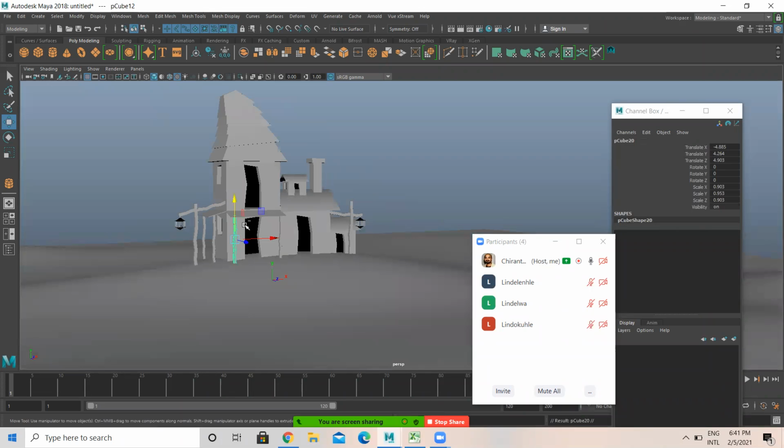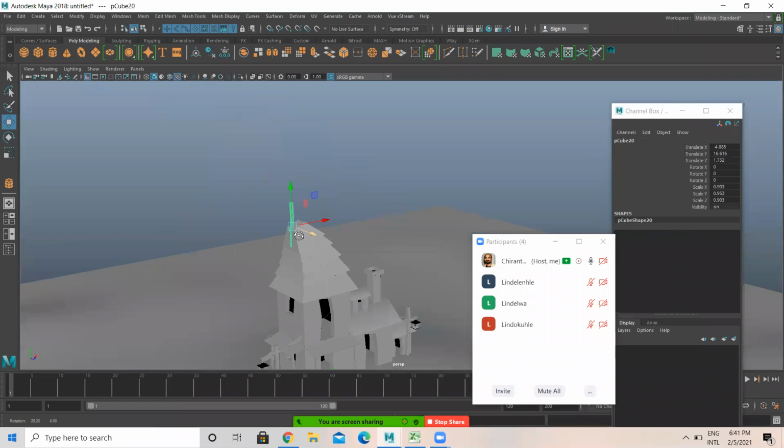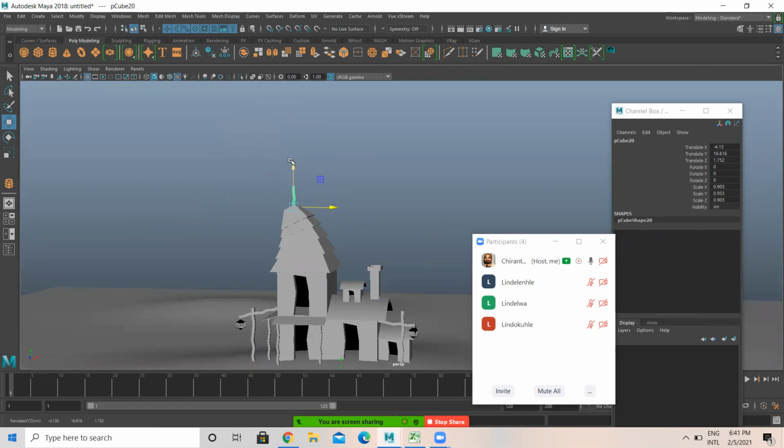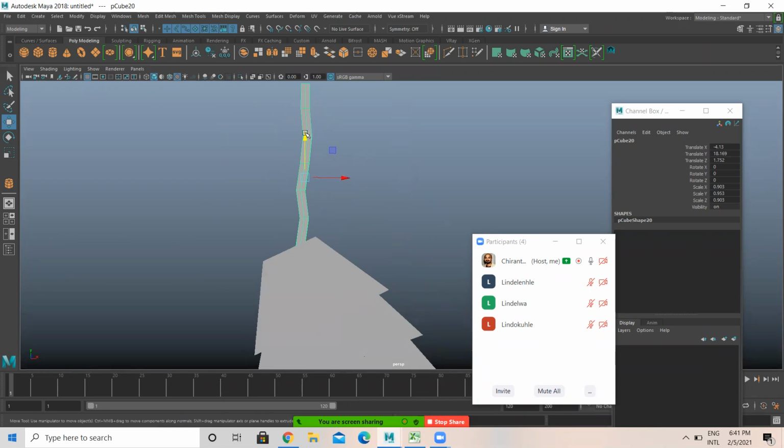Then what I'll do, I'll take another wooden log. I'm gonna place it over here on top, so something like a cross. I'm just gonna add one cross over here like this, and I duplicate this.